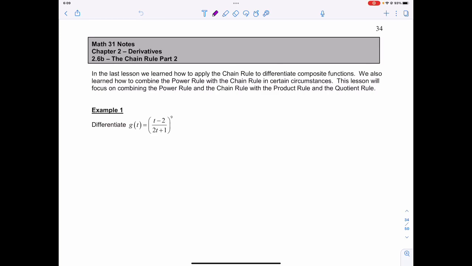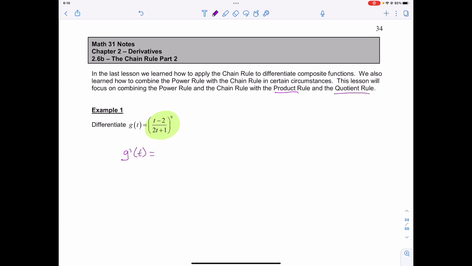Okay, so now that we know the chain rule, we're going to apply how that chain rule works with the product rule and the quotient rule. So if it says differentiate g of t is equal to (t minus 2) over (2t plus 1) to the power of 9. Now remember, we're going to treat it just like we did with the chain rule in the last case. We're going to say that g of t